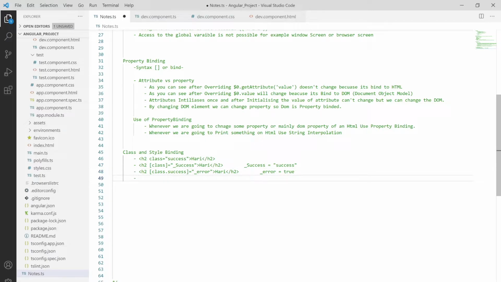And also the fourth way, which is assigning multiple classes. So I am assigning multiple classes using h2 and the ngClass directive. So ngClass over here, and then assigning to the object, say I'm creating underscore obj, and then you can assign the thing over here in h3 or say h2, and then simply you can put this thing as underscore obj.